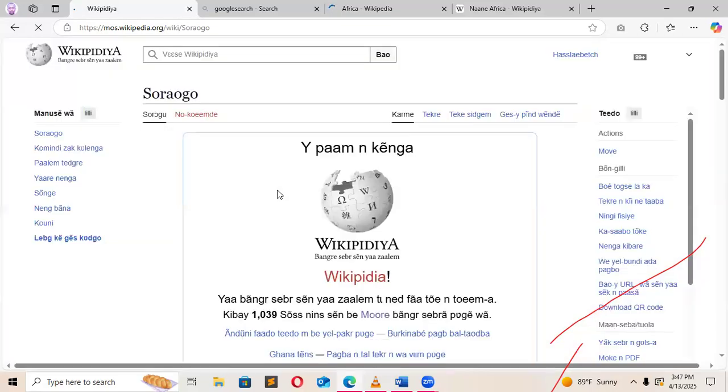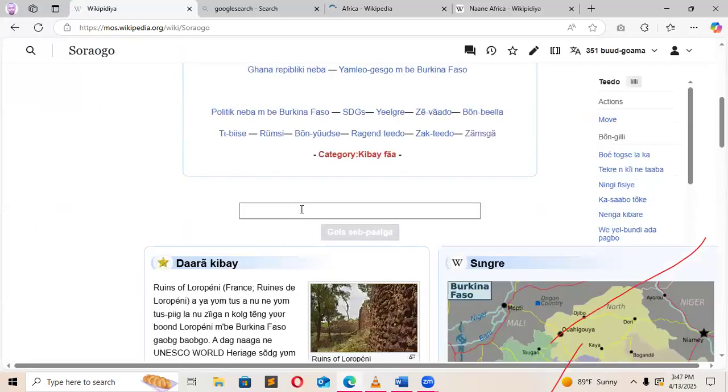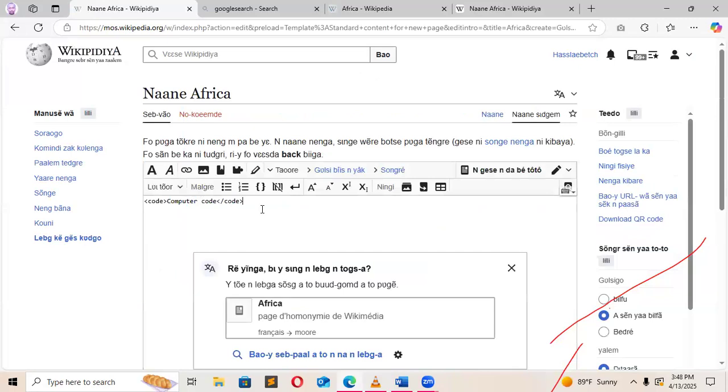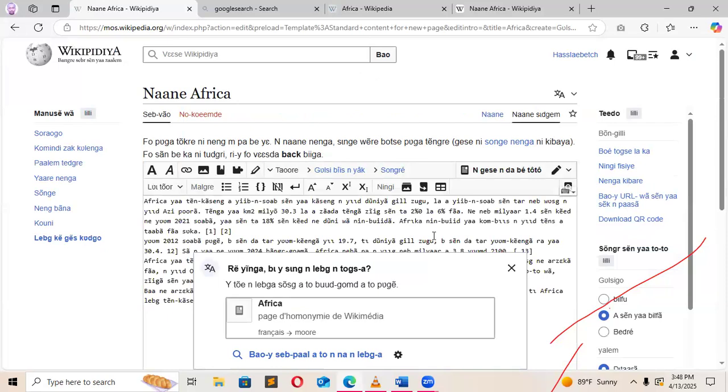You can type directly into the live site, or you can type somewhere in your office accounts and then go and paste. But if you want to just come here and write it directly, Africa, and type create an article. So I'll click on it. Since I've copied what I have translated, I'll now come and paste it inside here. Africa. I'm done here.